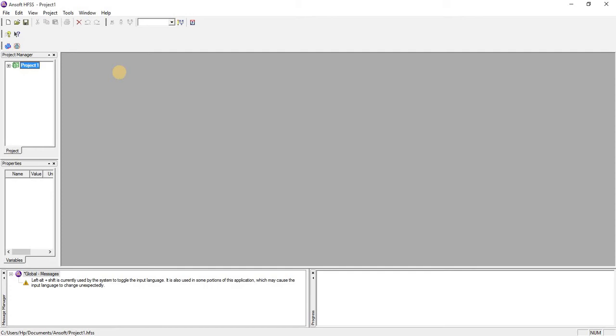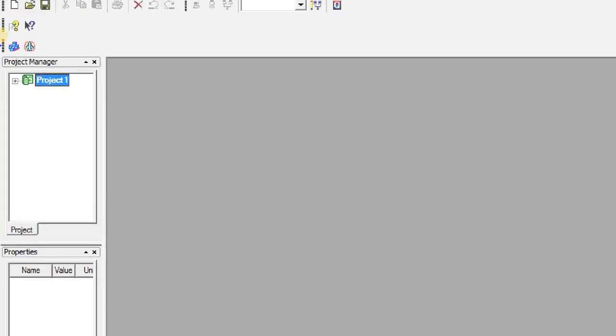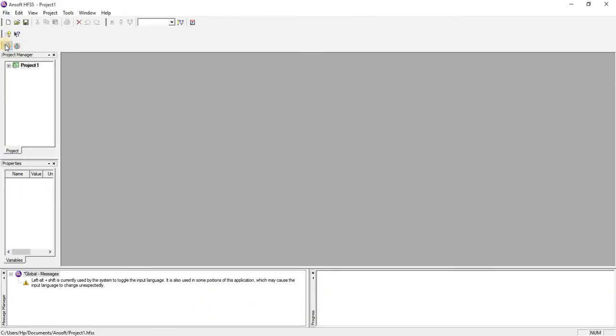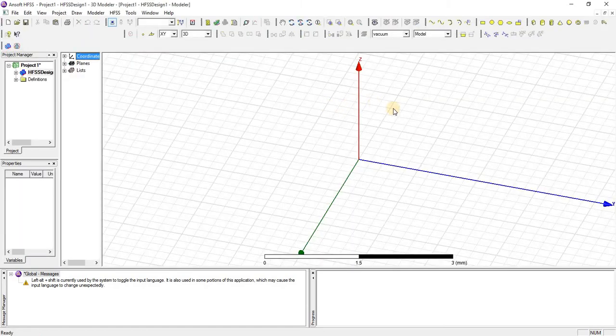You can see that we have two options here. First is Insert HFSS Design and second is Insert HFSS IE Design. We are working first in HFSS Design, so we will right click on this and that window will open.